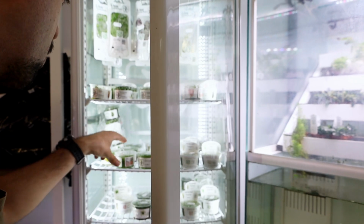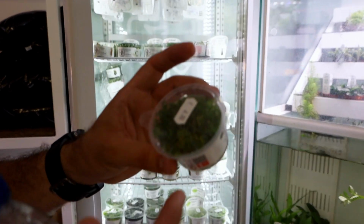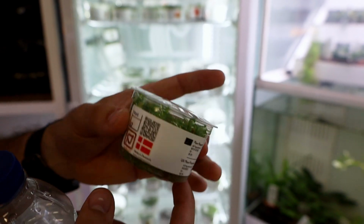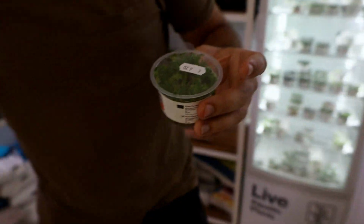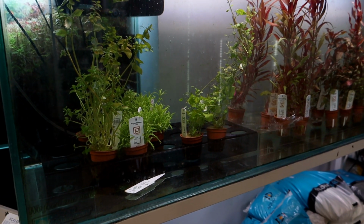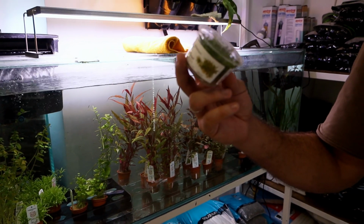We got, I don't know, this one is like at least a 2-week plant, and it keeps in good shape because we usually sell this plant in a potted version over here. And we don't sell them so much in the in vitro. For you guys to have an idea, if you have your in vitros at your house